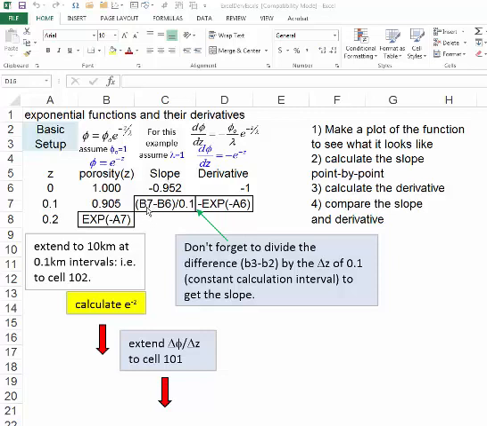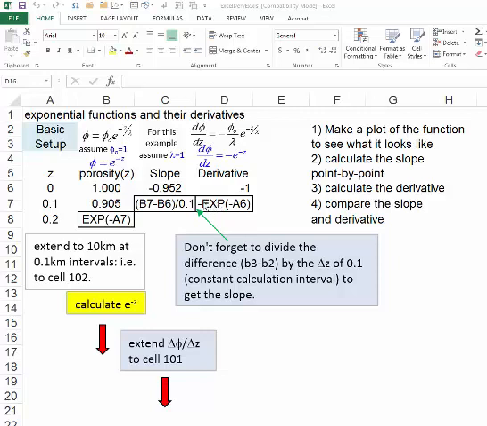Over here on the slope we have B7 minus B6, so we're just calculating the difference. This would be like a y2 minus y1 over a delta x. Delta x is constant all the way up and down. It's going to be equal to 0.1 kilometers, and we calculated slope, and